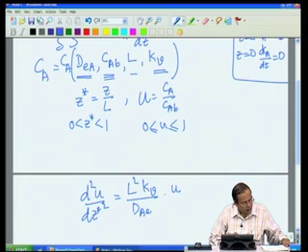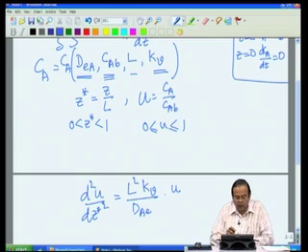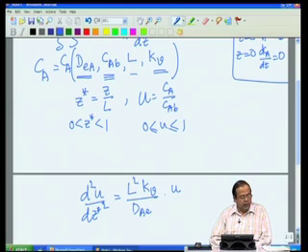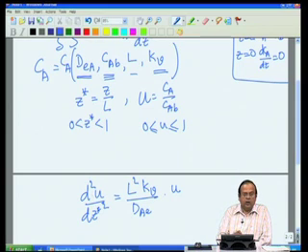So, now if we look at this term L square kV by dAe, what are the dimensions of this term? Without even checking the dimension of each of these terms, we can clearly see the left hand side, d square U by dz square, is dimensionless. So, the right hand side also must be dimensionless. U is already dimensionless. So, this term must be a dimensionless quantity,